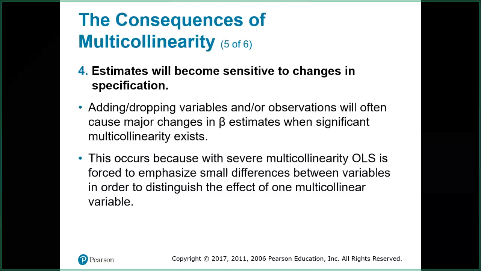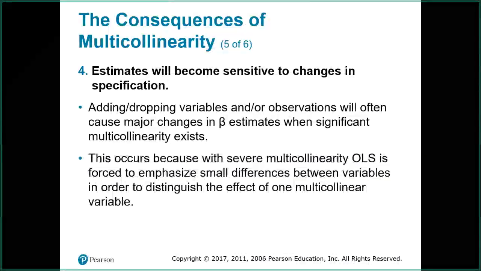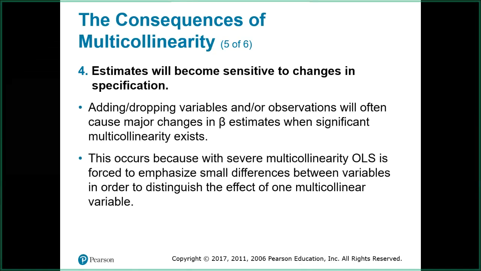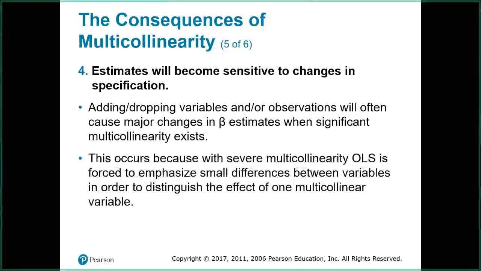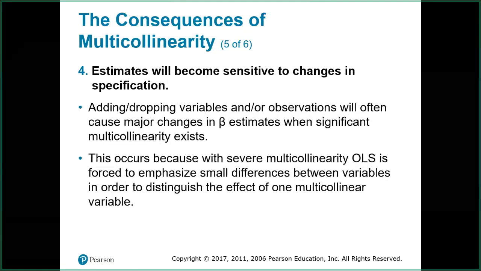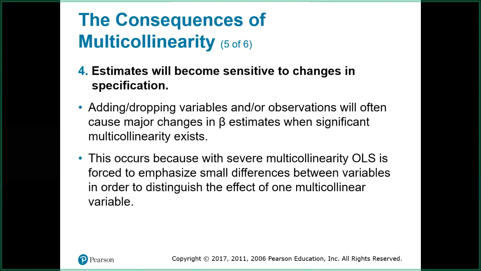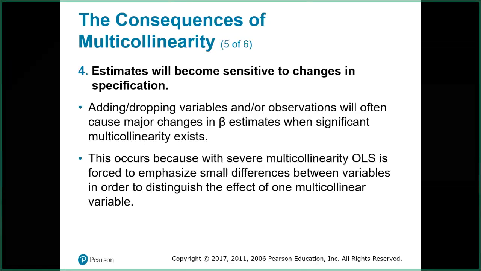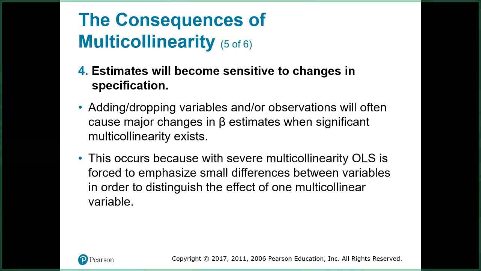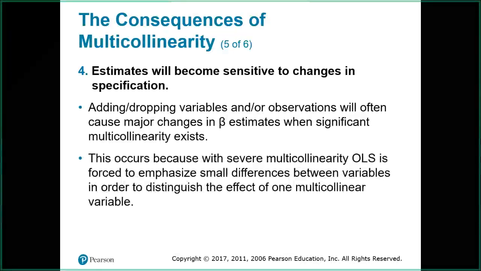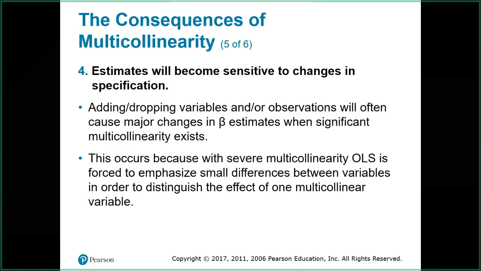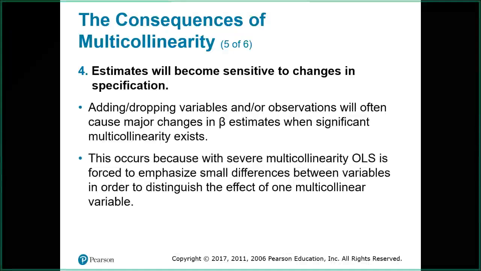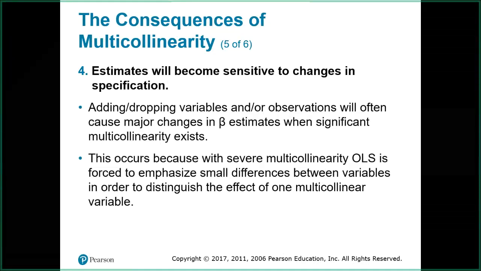When you have imperfect multicollinearity, your estimates might become extremely sensitive to small changes in the specification. And we're going to see an example of that. I think it's easiest to see in an example, but when two things are super highly correlated with each other, the regression has a hard time figuring out which one is the real one causing the effect or impacting the outcome. And slight changes to the sample could totally flip the direction of the sign for one or more coefficients, which we don't normally